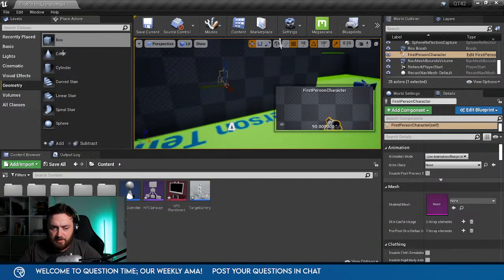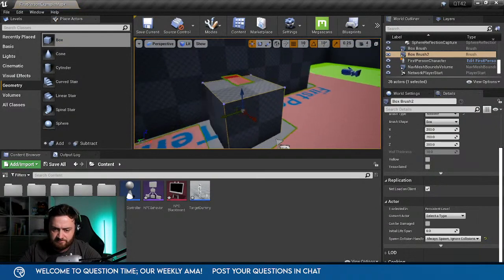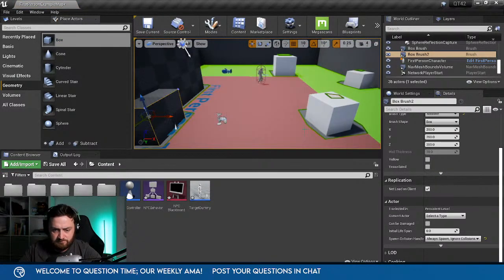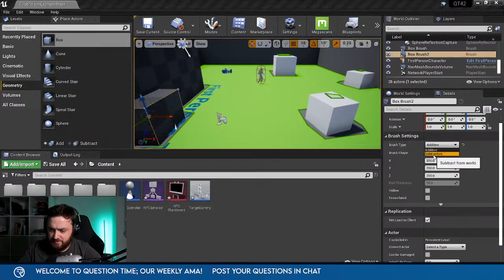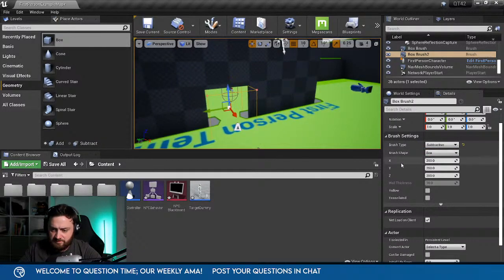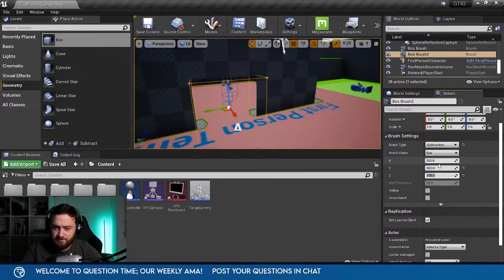And we'll put a hole in it as well. I'll put another box in. And we'll make this subtractive. And we'll just make it a bit bigger. Make it 300. And in the Z, we'll make it 300 as well.